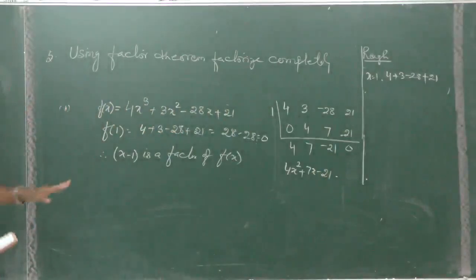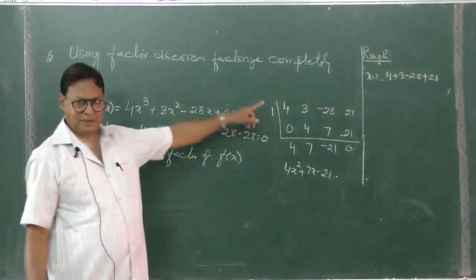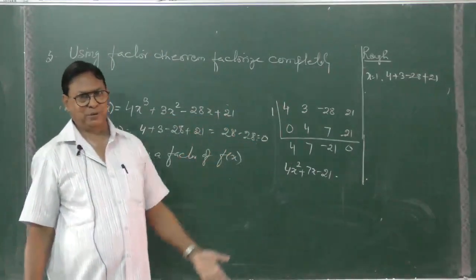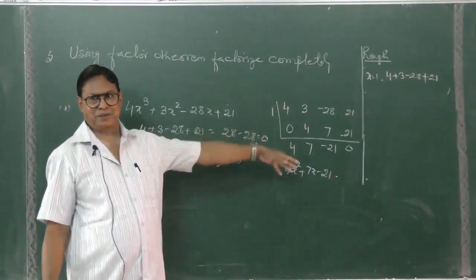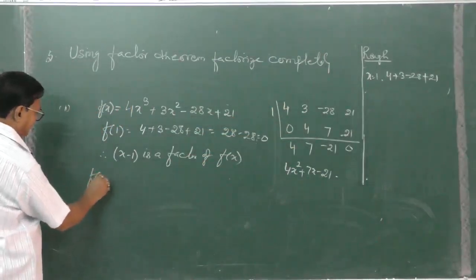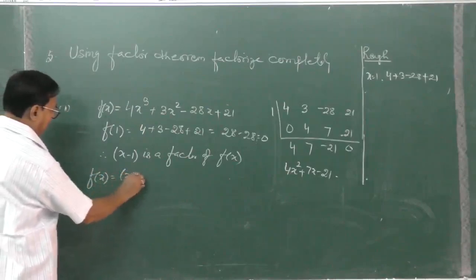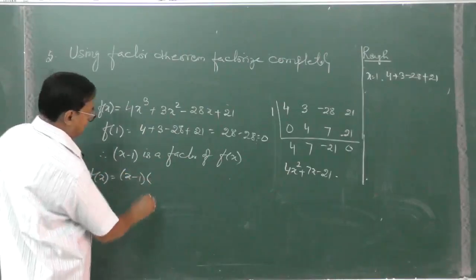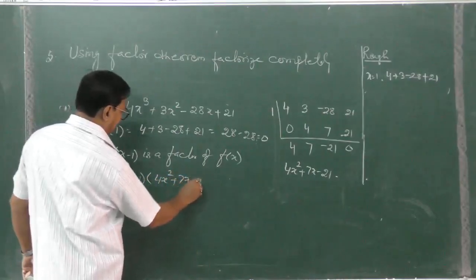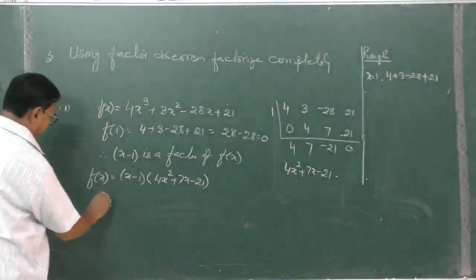So, I repeat, this is the division. You are not dividing. Those who can divide, fine, you can divide, but this is a much easier method, time saving. So f(x) now is x minus 1 into 4x square plus 7x minus 21. Factorizing it again,